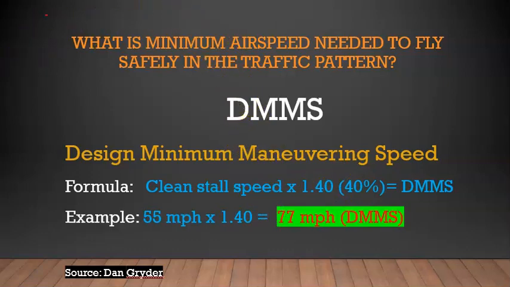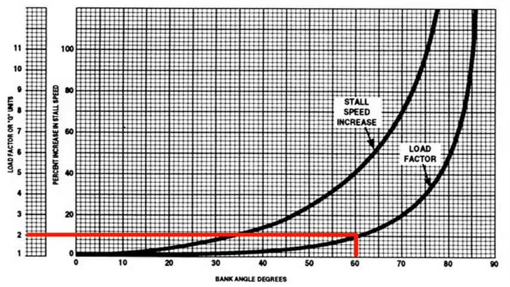So I started looking around, and I found a chart that measures bank angle in degrees. It also compares that to your G's, or your load factor, and it also gives you the stall speed increase. So let's see how we read this chart. If I go down to bank angle in degrees, from left to right, I start at 0 degree bank angle, then 10, 20, I keep moving up, and when it gets to 60 degrees,